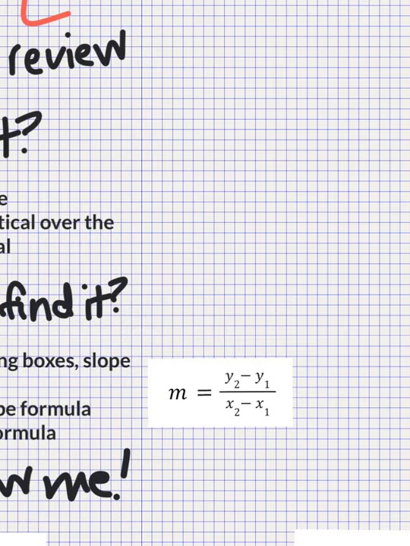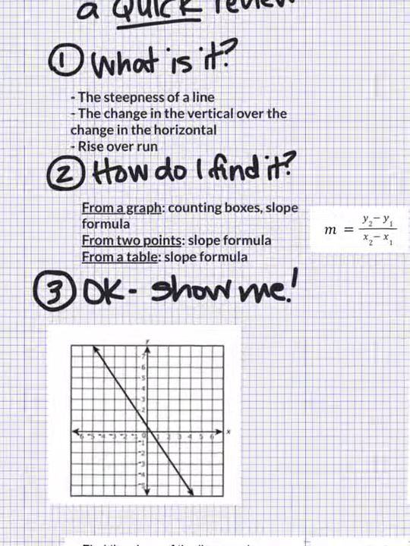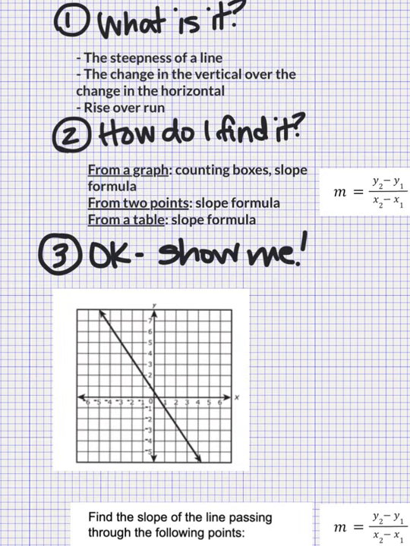All right, the only way this really makes sense is to show you. So let me show you. All right, first from a graph. When we're finding the slope of a line from a graph, we want to pick 2 points that are clearly on the right here, like where the 2 lines meet, the lines going up and down and the lines going left and right. So anytime the line is exactly on one of those 2 points, we consider it a good point. So let's pick